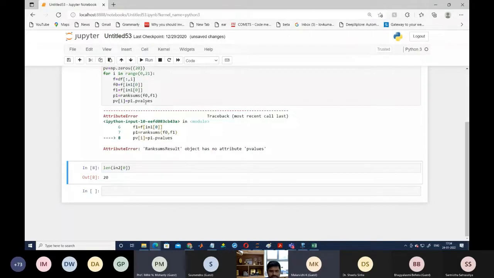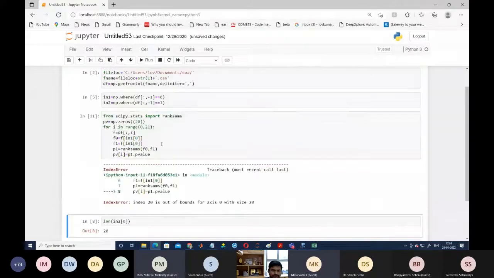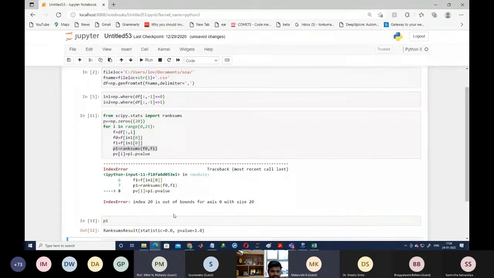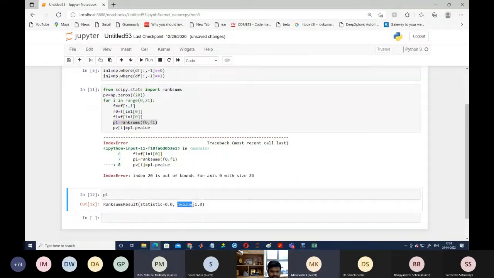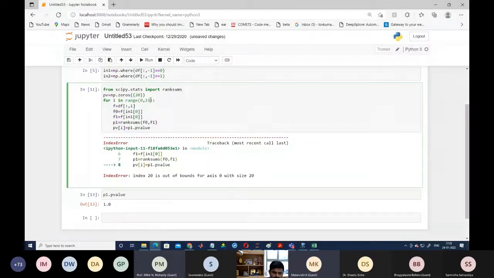So the rank sum result has p value. If I'm going to check p1 dot p value, it's coming 1, which is going from 0 to 20.